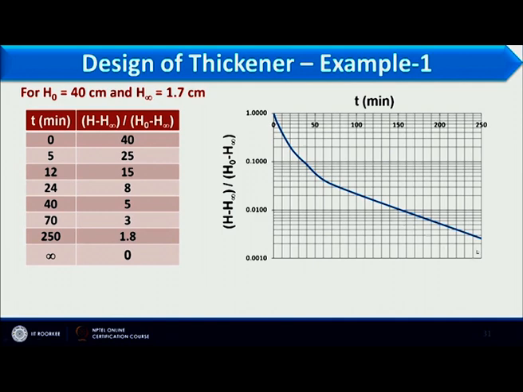So once we have this graph, we have to extend this line to calculate TC value, that is critical sedimentation time. So we have extended this up to here. So that is the value of y dash. So how we calculate the y is equal to 1 plus y dash by 2, and that will be 0.5415. So this value will lie somewhere here, and the corresponding value of T we can see from this, that should be the TC value, and this TC value is coming as 7 minutes. So critical sedimentation time is the 7 minute.